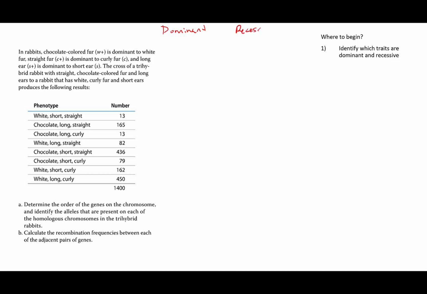recessive. Okay, so for our first pair, we have chocolate is the dominant trait, and white is the recessive. And that's W. This is W wild type, so plus. Okay, for the second one, we have long ears is dominant to short. So long ears. Short ears,